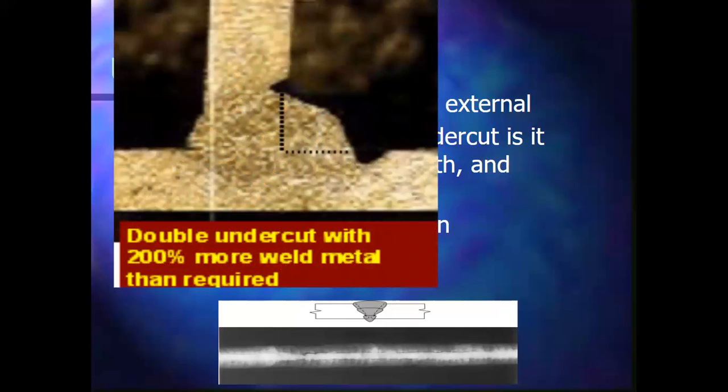So here, right here, we got what's called double undercut. Now, this person looks like they're welding way too hot. So we got a big section there and a big section there. This should be, oh, that's terrible drawing, but